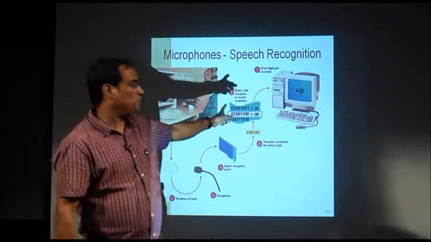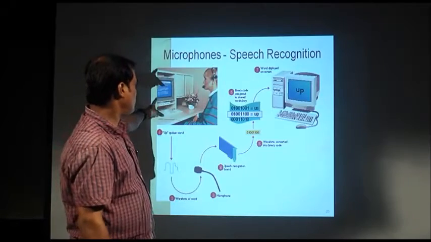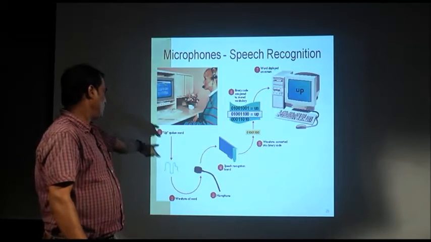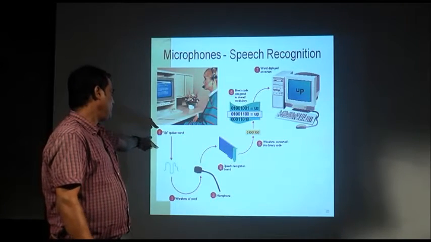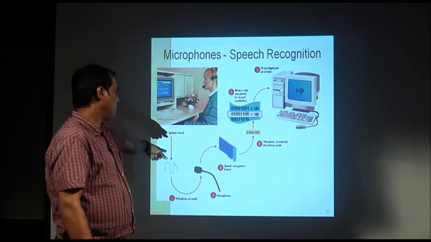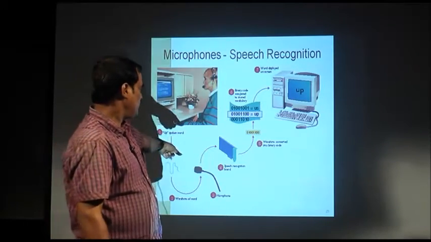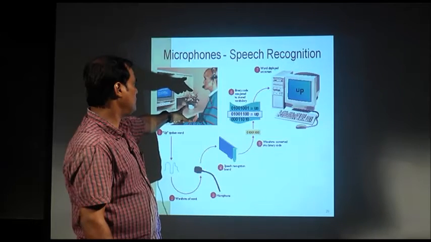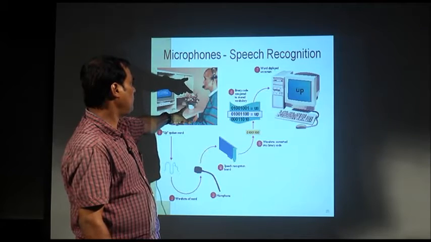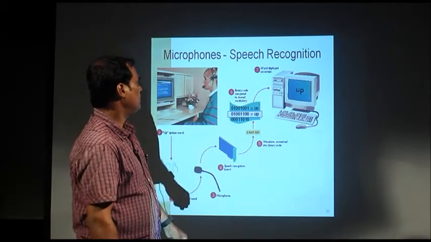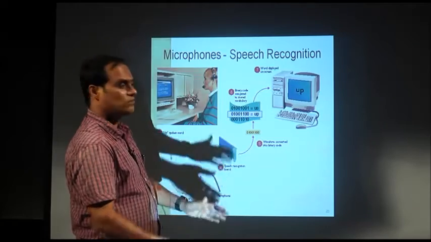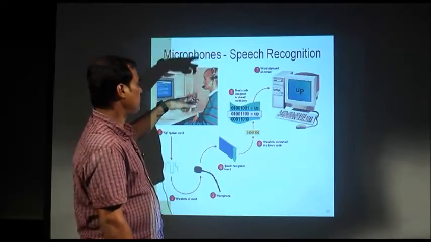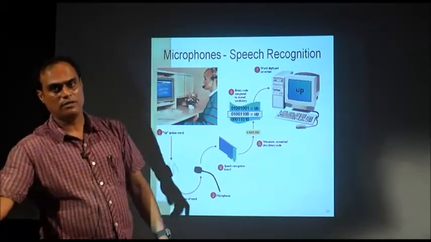This is the computer, yes or no, and somebody is speaking in front of the computer into this microphone. What exactly happens is that when somebody speaks using this microphone, the voice is converted to binary code, the binary code is matched against the vocabulary, and then it is stored as words displayed on the screen, yes or no. This is the process by which one voice is recorded to the computing system with the help of your microphone.